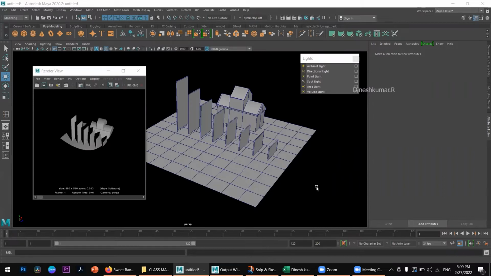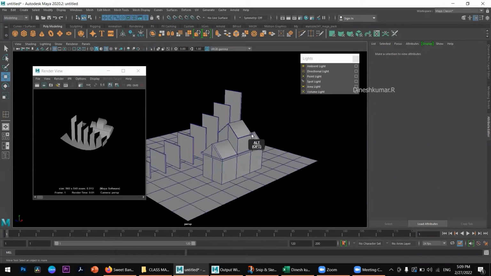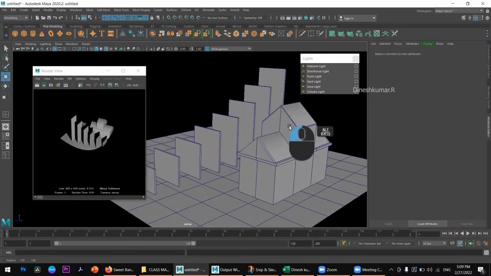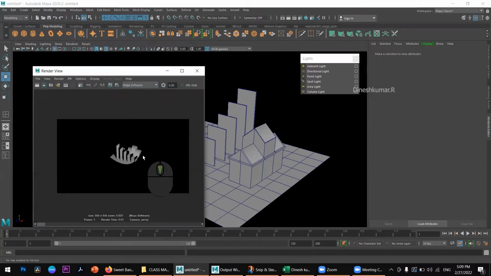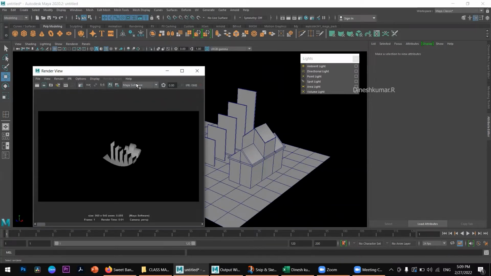Morning, students. In the last class, we discussed the basic lights such as ambient light, directional light, point light, and spotlight. Now we're going to discuss area light. That is a really good light. If you remember what we discussed in the last class, we have Maya software mode